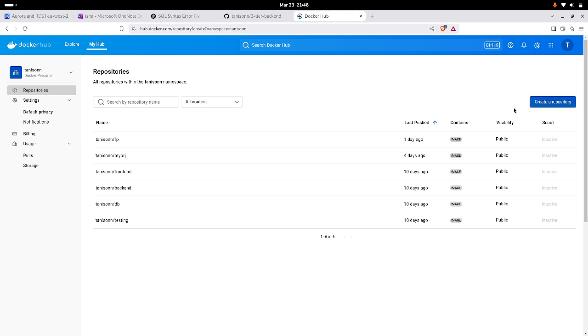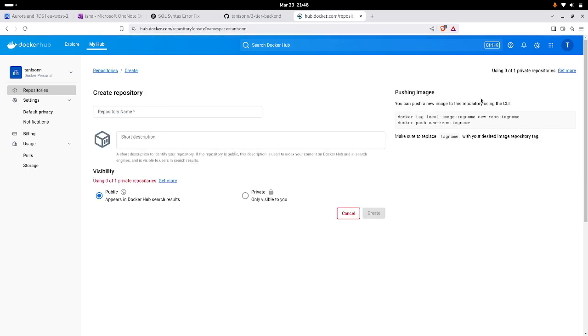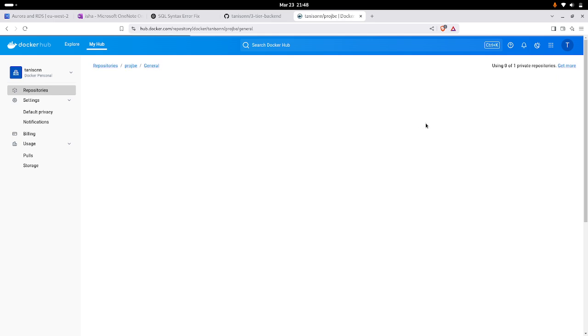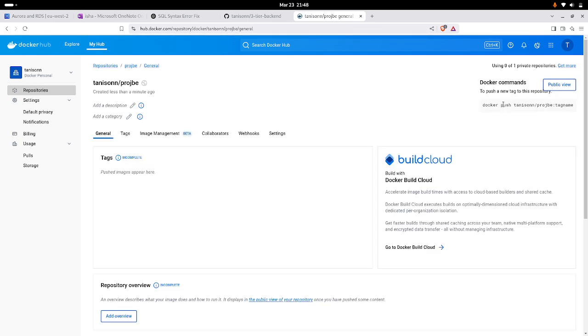I am creating a new repository, something like project backend, projbe, and creating it. So now you have to use the same name